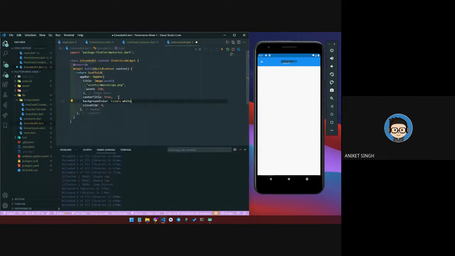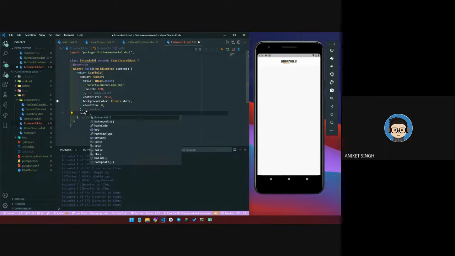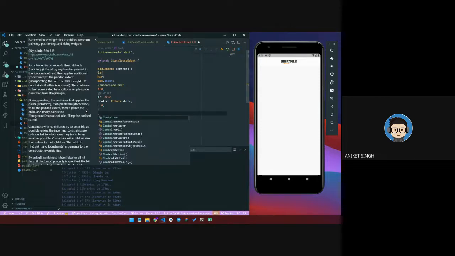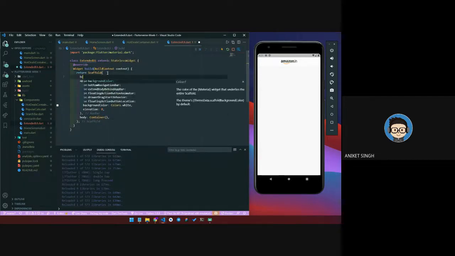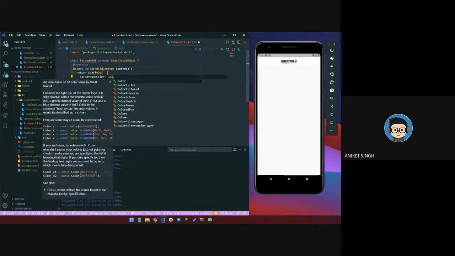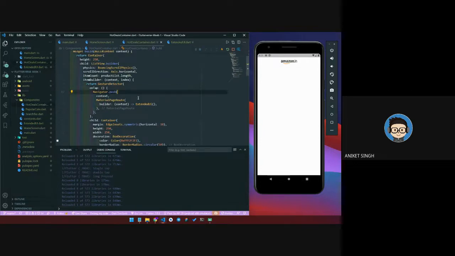Colors dot white. And now the scaffold is going to have a body, so I simply type body, and body is going to be again a container for now. And let's give a scaffold background color. It is going to be colors dot white. Now, as I've said, there are two ways of using navigation. One is